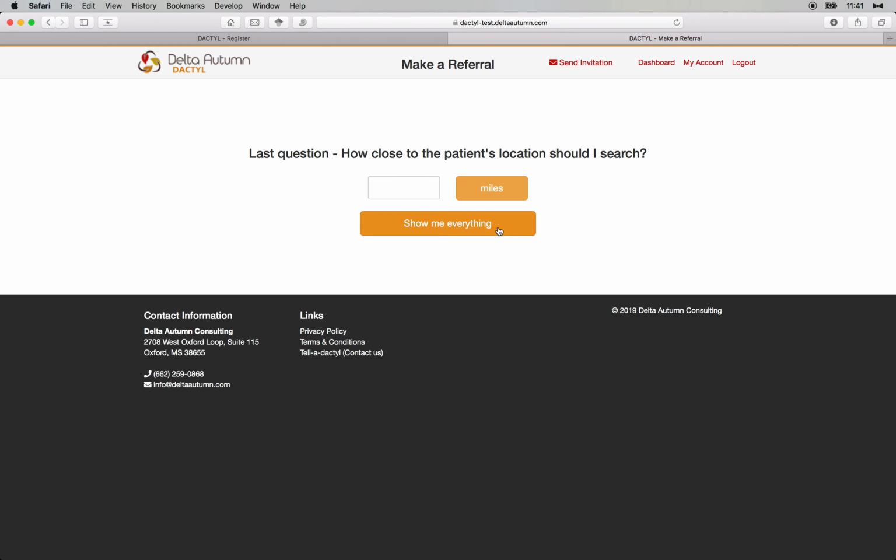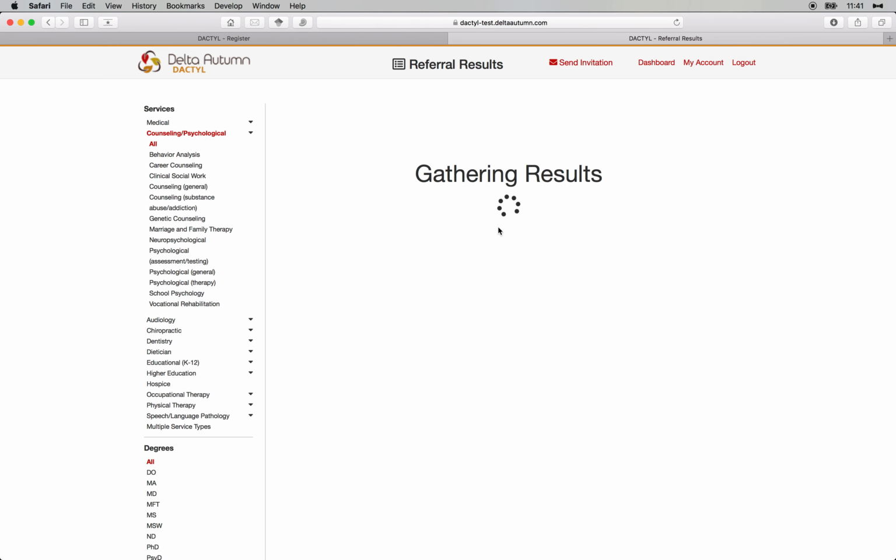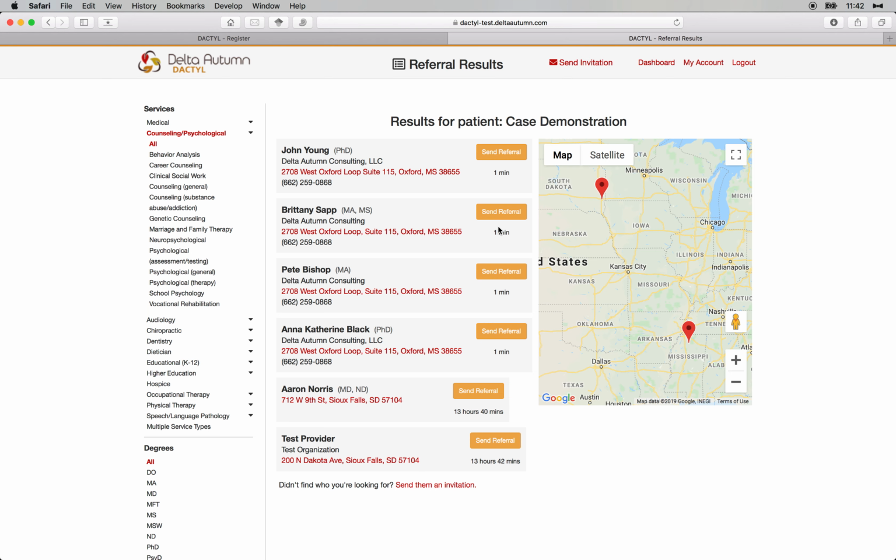For now, we'll click Show Me Everything, which returns a short list of providers on our test server. This displays a list associated with those closest to your patient's zip code. There's also an interactive map on the right side of the screen that allows you to zoom in and out to more precisely locate the provider's office. On the left side of the screen, you will also see a list of all the different provider types that allows you to switch between them, which gives you the ability to change or refine your focus without repeating the